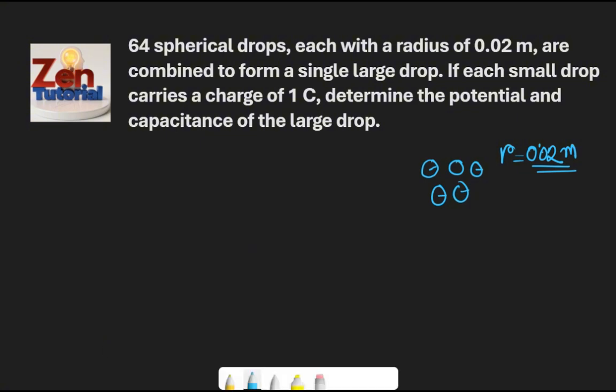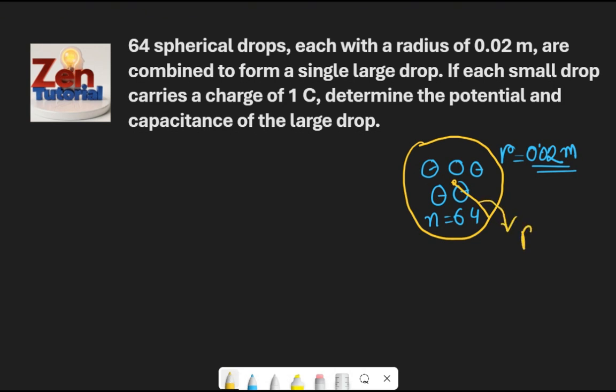Now they combine to form a single large drop. So combine all these 64 drops, so here n is equal to 64. Combining these 64 drops forms a large single drop,